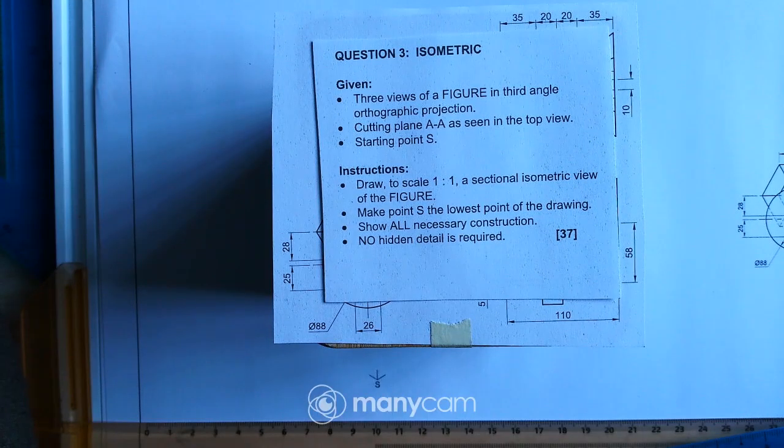Before I start with this isometric drawing, if possible, you can just go to the description section and download this question paper, and then if you can print it, and then you come back to this video, and then you can observe and also draw with me. It's very important for you to draw and try and understand the concepts, right? For EGD, it's very important for you to observe and to try to draw whatever that you are busy with, right? Okay, so I'll just go through the instructions quickly.